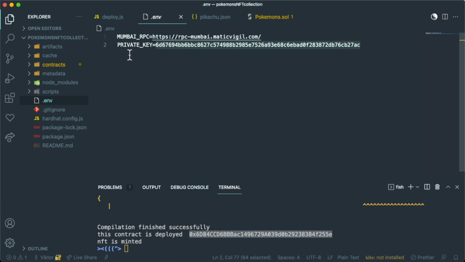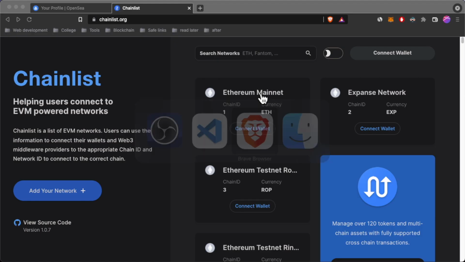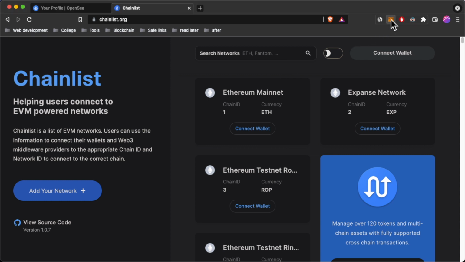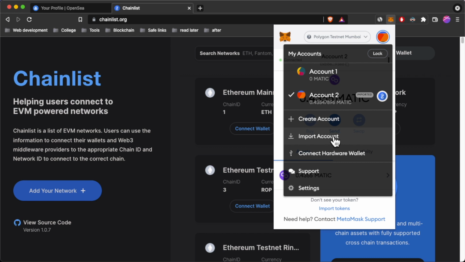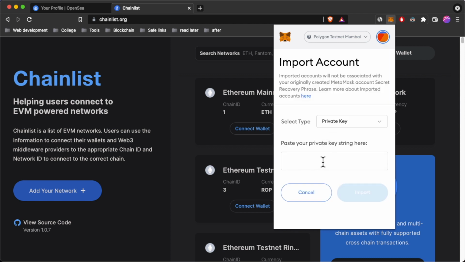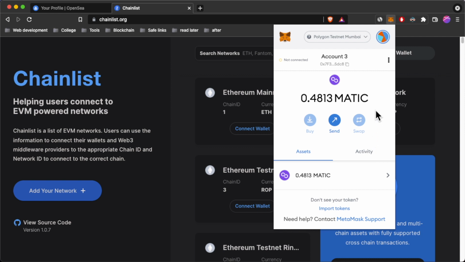So go ahead and copy the private key, and we're going to add this account to MetaMask by going up here, clicking here, and click on import account. We're going to paste the private key here, click on import, and you're going to see that account 3 has